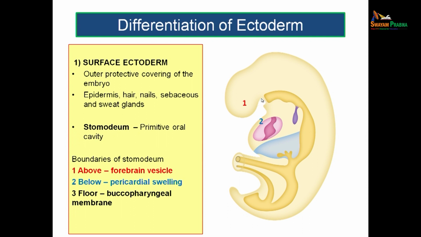So, this gut tube is actually closed by a membrane known as the buccopharyngeal membrane. This stomodium is giving rise to the oral cavity. So, only if this buccopharyngeal membrane ruptures, the communication can be maintained between the oral cavity and the gut tube. This buccopharyngeal membrane will be rupturing in future, so that there will be a communication between the oral cavity, which is formed from the stomodium, and the primitive gut tube. So, this floor is actually formed by the buccopharyngeal membrane.